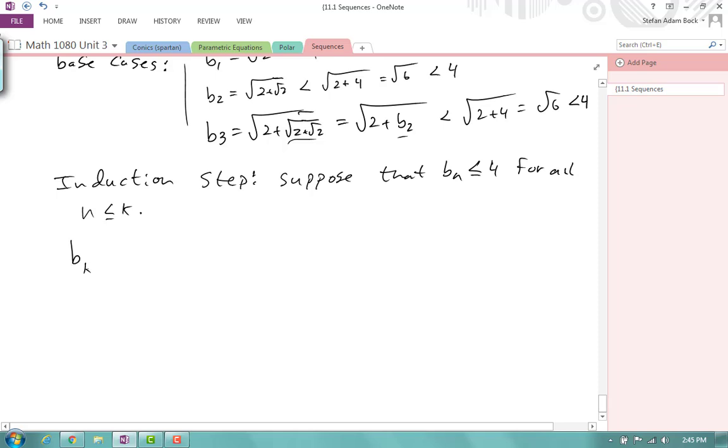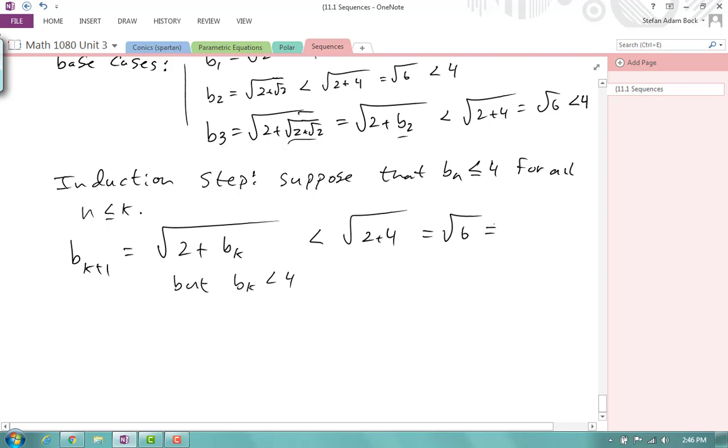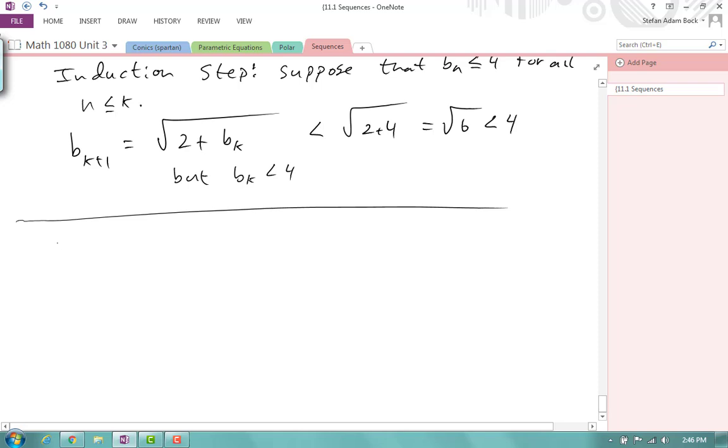Then b sub k plus 1 is equal to the square root of 2 plus b sub k, but I have just assumed that b sub k is less than 4, so this is less than the square root of 2 plus 4, which is equal to the square root of 6, which is less than 4 for sure. So by induction, all of them must be less than 4, because I can just redo this process for every next sequence term. So by MCT,